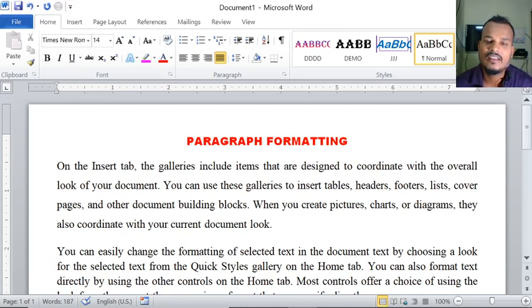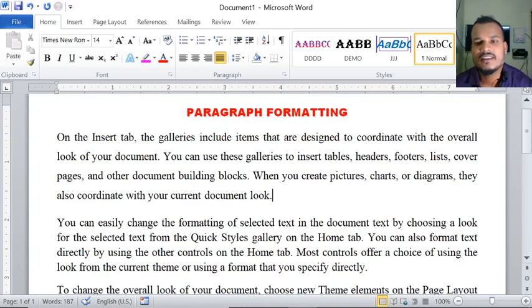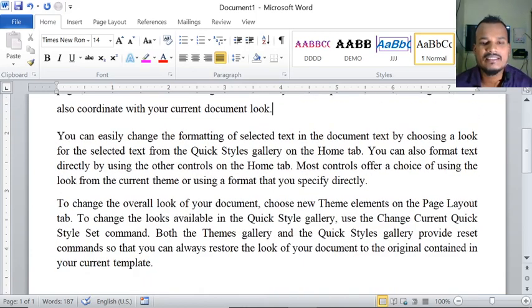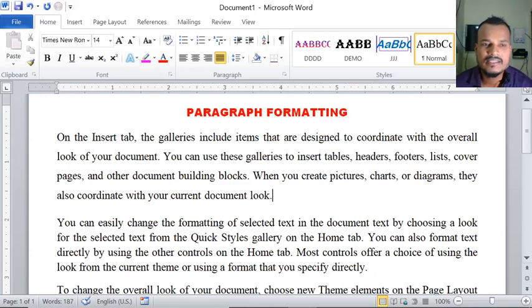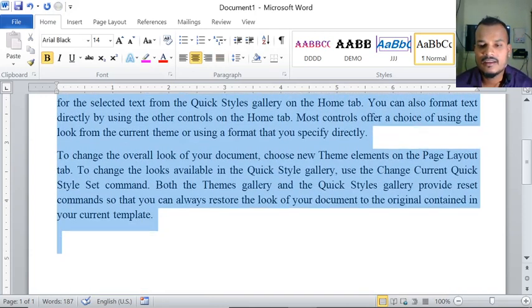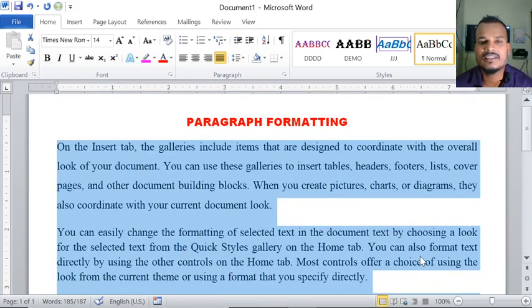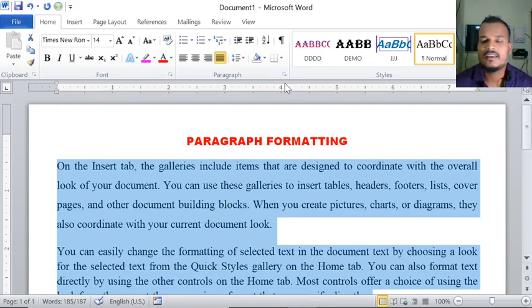Now let us see how to do paragraph formatting in Microsoft Word. See here, I have taken three paragraphs, and I am selecting those paragraphs. After that, you have to click on the Home tab.